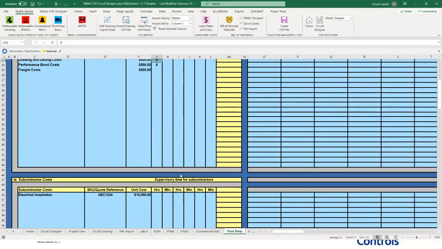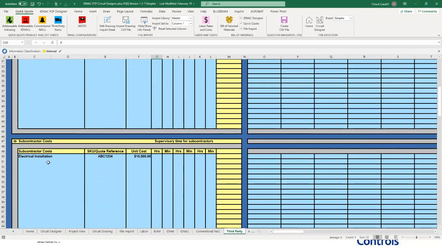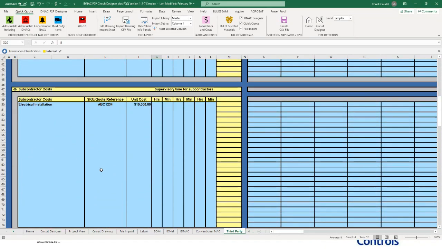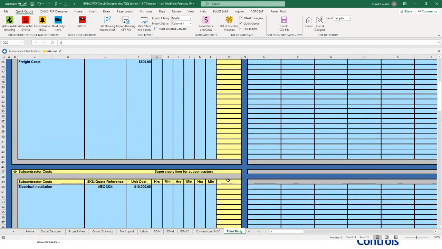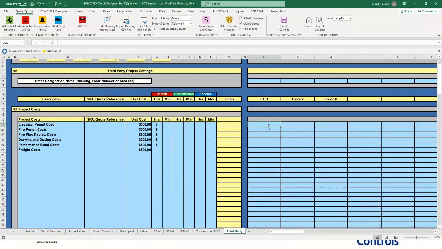and the hours involved for your business, not the ones that we provided. You can also come down to the subcontractor cost, electrical, conduit, and such. And then finally at the bottom, these might be items like wire, FPLP, whatever you're using on the job. When you set them up here over on the left and get your totals, they're not actually chosen yet until you come over to this column and say I need one of these.